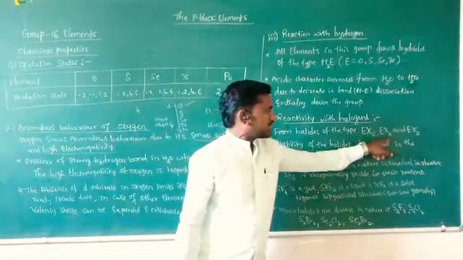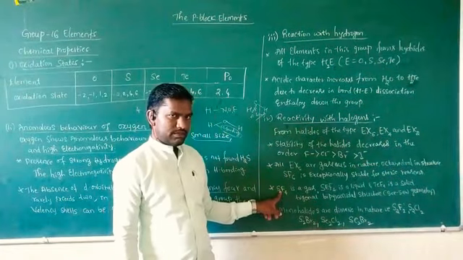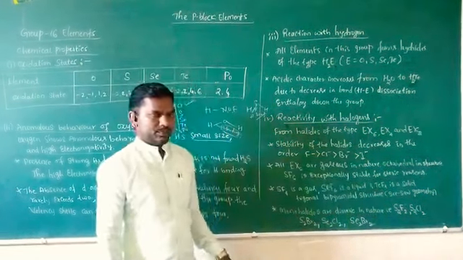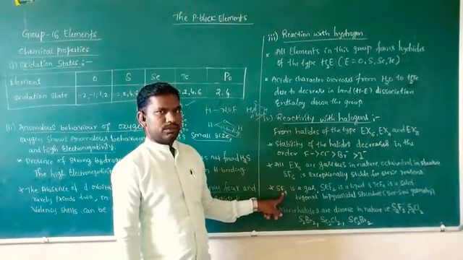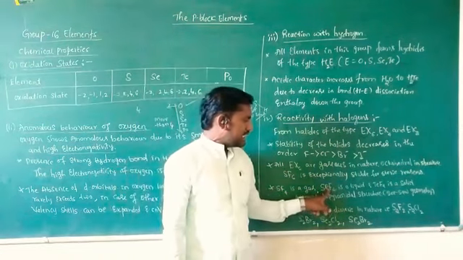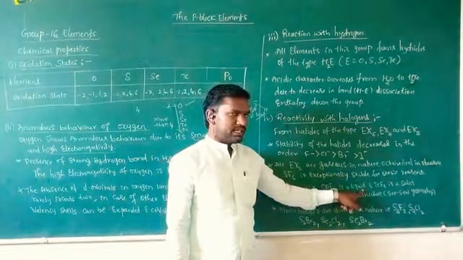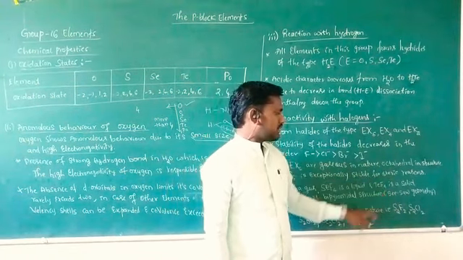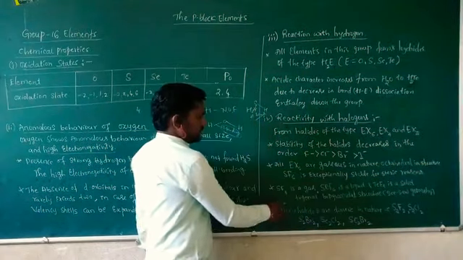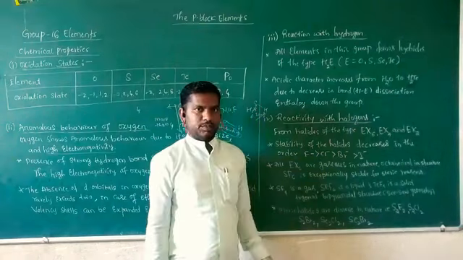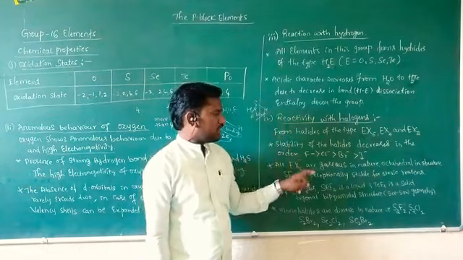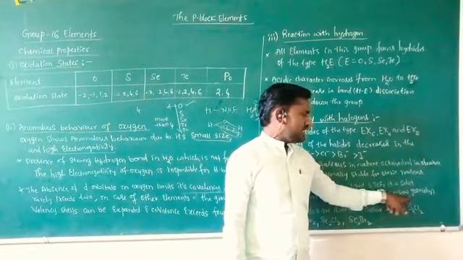And what about the EX4 type? E can be sulfur, selenium or tellurium, and X is fluorine. Sulfur tetrafluoride is gaseous in nature. Selenium tetrafluoride is a liquid, and tellurium tetrafluoride is a solid. These three have a trigonal bipyramidal structure because there is one lone pair of electrons present above the structure, so it looks like a seesaw structure.